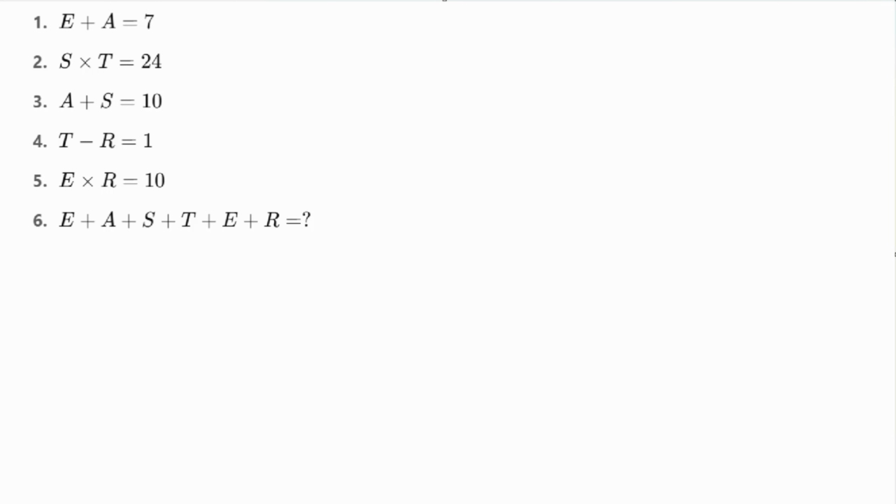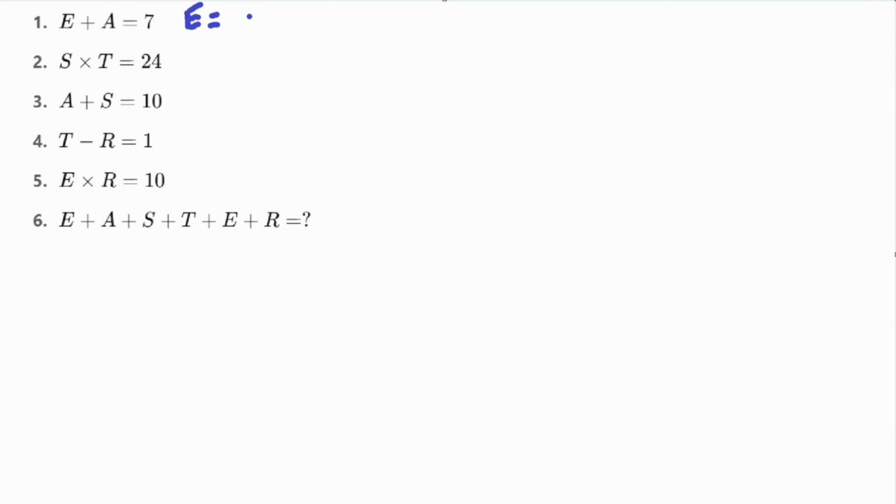Okay, so let's go ahead and get started. So first thing we want to do is that in each equation here, we have two separate variables, right? So what we need to do is write one equation for one single variable in order to solve for that variable. Because if we only have one variable in an equation, we are able to solve for that equation. So how are we going to do that? I'm just going to choose a variable. Let's look at the first equation, E plus A is equal to 7. I'm going to rewrite this as